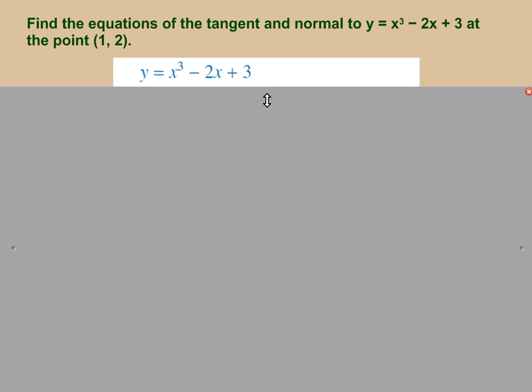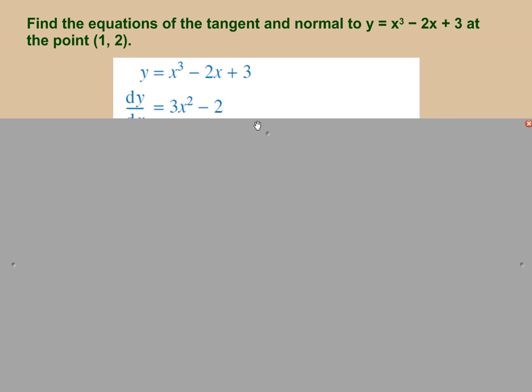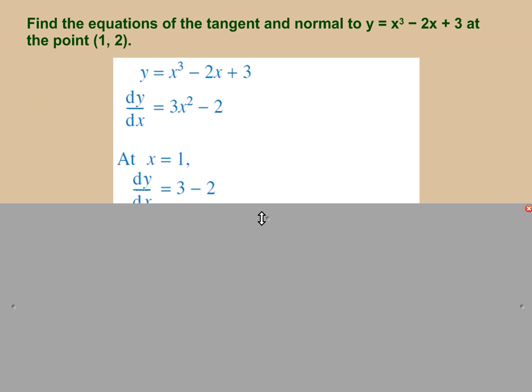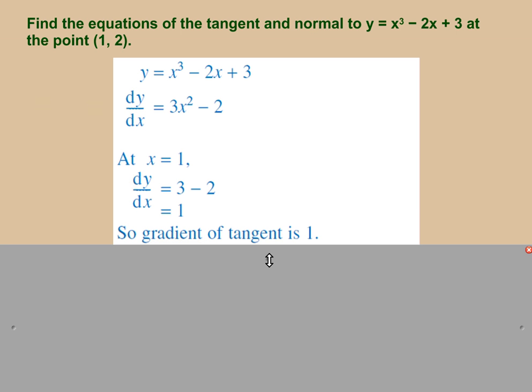So if we start with our equation and find the derivative, remember the rule is nx to the n minus 1. So the derivative here becomes 3x squared, so 3 comes down and we subtract 1 from the power. x is x to the power 1, so that simplifies to -2, and of course the derivative of a constant is 0. Now that we know our gradient function, if we substitute in x equal to 1,